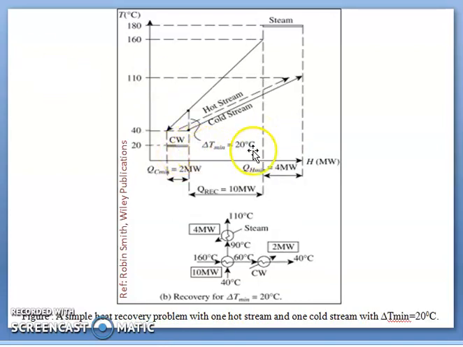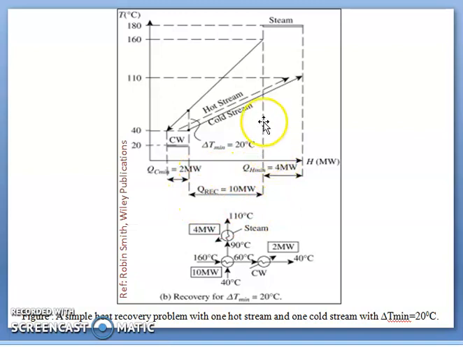If we increase the delta T minimum from 10 degrees Celsius to 20 degrees Celsius, the cold stream is shifted horizontally on the x-axis. So what happens? The overlapping section between the hot stream and cold stream becomes less. So ultimately it means that the heat recovery possible by coupling hot stream and cold stream in a heat exchanger would be reduced. So if we compare the previous figure with this, the Q recovery, that is heat recovery possible, is 10 megawatt only,